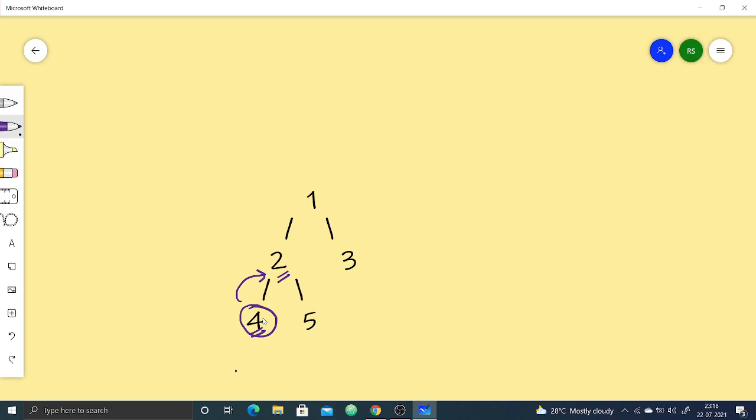Now, if I am not using recursion and I am at 4, then is there any way that I can get back to 2? No, because in a tree, a node has the address of its child nodes. Okay, a node does not store the address of its parent node. So there is no way of going back.